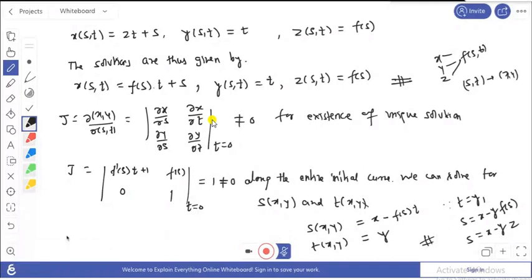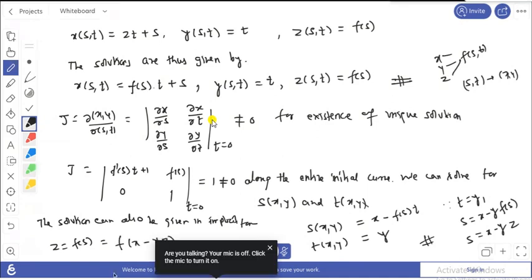ओके, तो फाइनली जो सोल्यूशन है वो इम्प्लिसिट फॉर्म में आप इसका सोल्यूशन क्या लिख सकते हैं, so the solution can also be given in implicit form। आप इसे दे सकते हैं कि z this is function of s है और यह s is x minus yz।